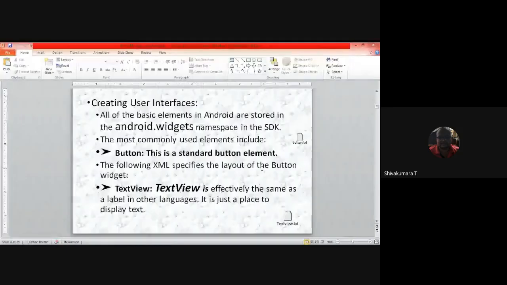So these two views we have seen in the previous session, right? Button view and text view. How to create a button view we have seen. If you want me to repeat this, we will do it one more time. Otherwise, we'll continue. How to create the button and the text view in Android